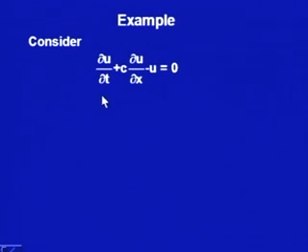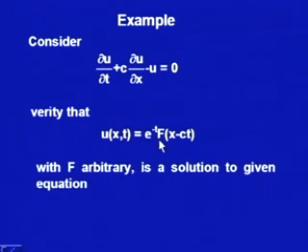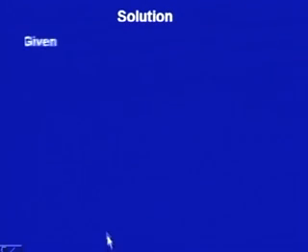We have del u over del t plus c times del u over del x minus u is equal to 0. Now, verify that the function e to the power minus t f of x minus c t is a solution of this equation, where this f again is an arbitrary function. So, I am not treating it as general, I am treating it now as an arbitrary function. The form of the solution we are taking here is e to the power minus t f of x minus c t.